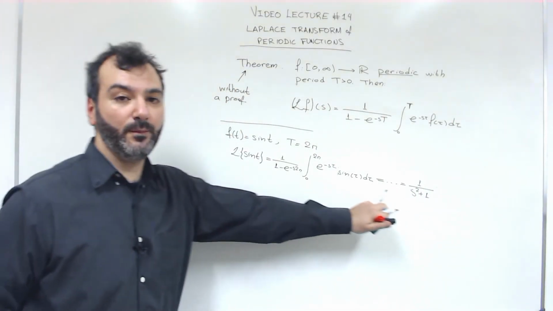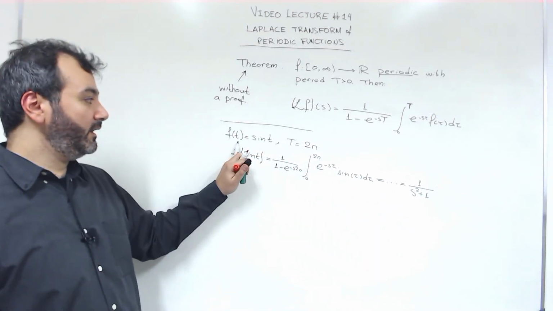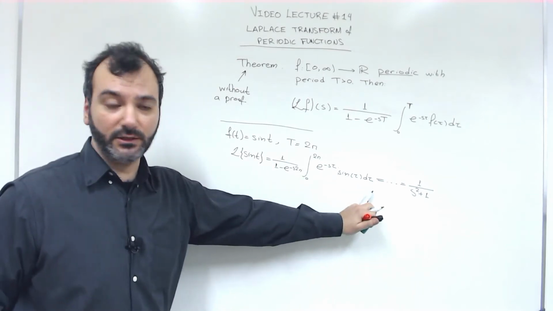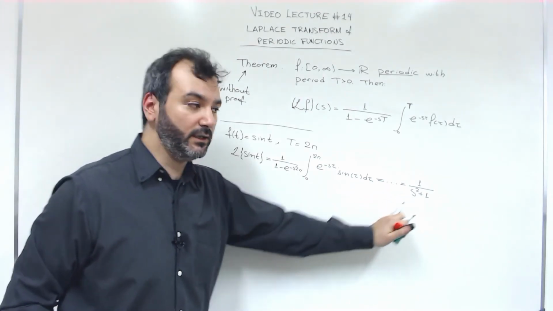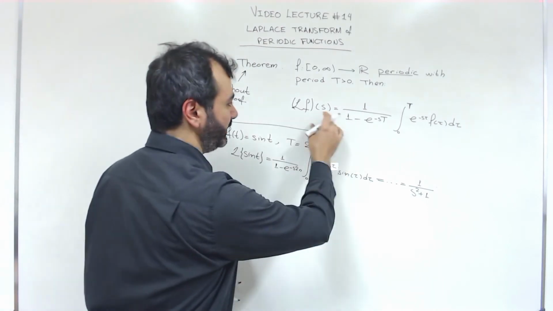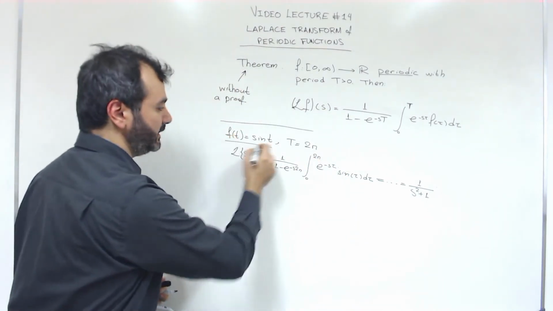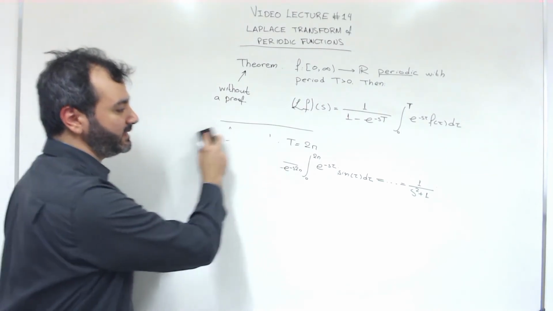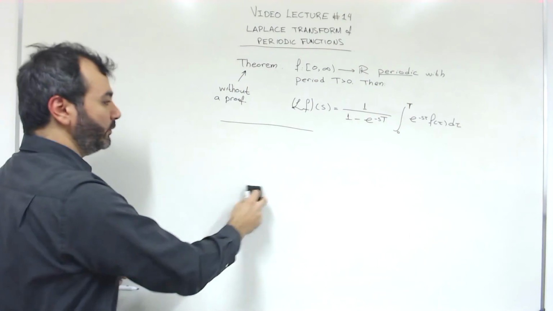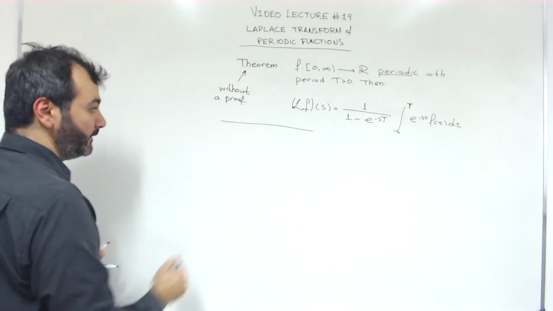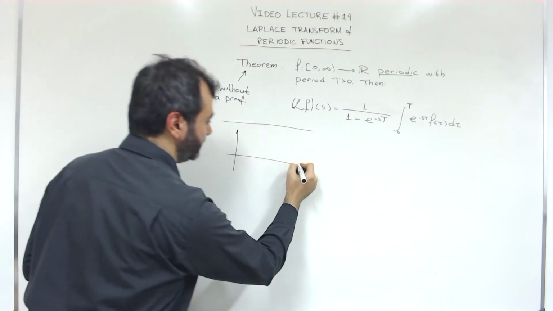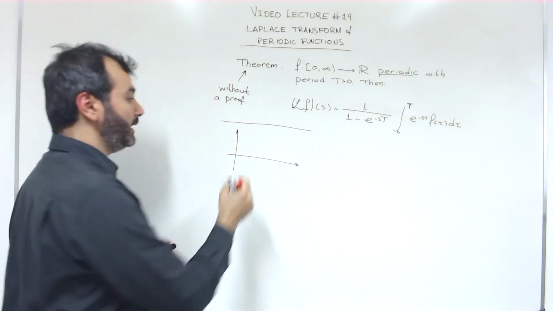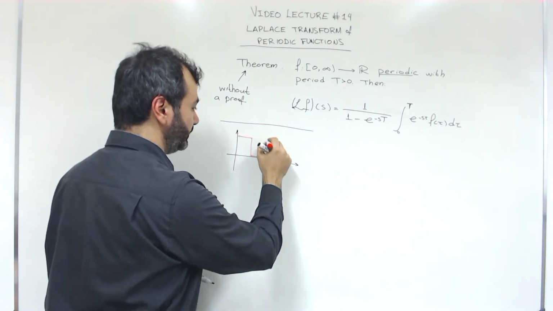Of course, this is not the best way to determine the Laplace transform of sine. We've seen a much better and much easier way to do that. But you can verify that this formula works with this periodic function. But this is not why we gave this theorem. We rather gave this theorem for periodic signals for which it is not entirely clear how we can determine the Laplace transform. Take for example this one,